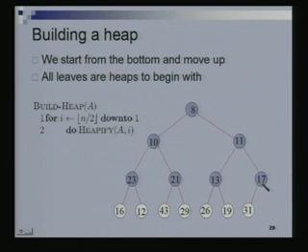So, the element on which we first have to run the heapify procedure is at location n by 2. We first run the heapify on this, then on this, then here, then here. After we have done all of these, we know that these are already heaps. So, we can now run the heapify here, and then here, and then here. The right order of running heapify is to first run it on all of these nodes, then on all of these nodes, and then on all of these nodes.